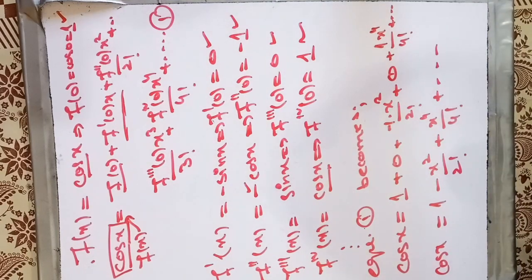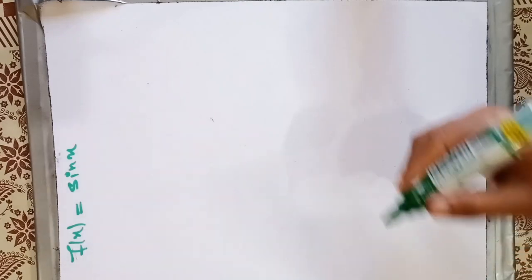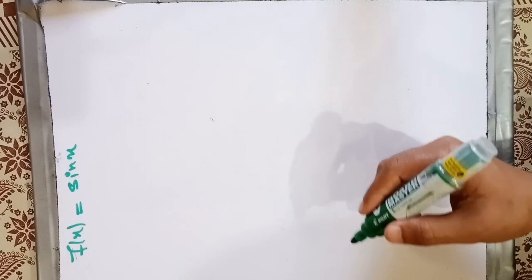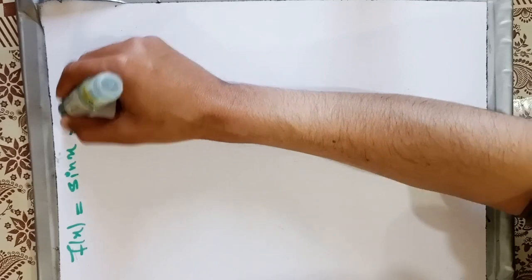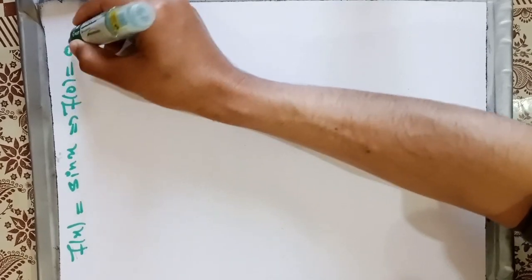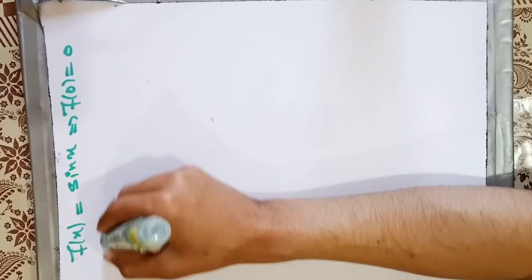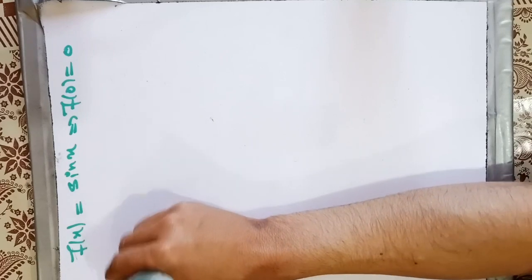Hope so you can understand. Now the third one is the trigonometric function sin of x. We can find f at 0, which is equal to 0, and after that we just write up the